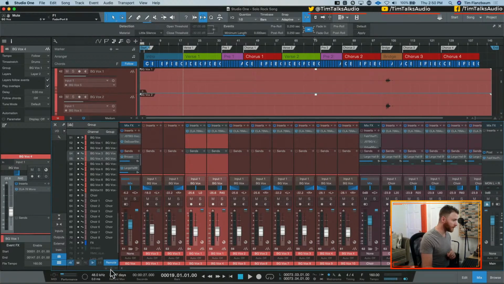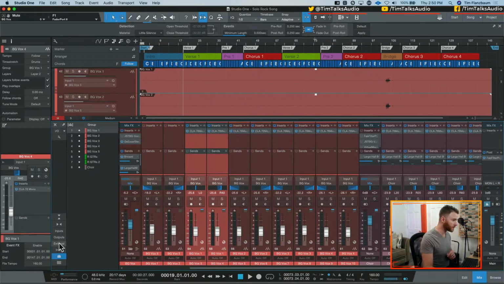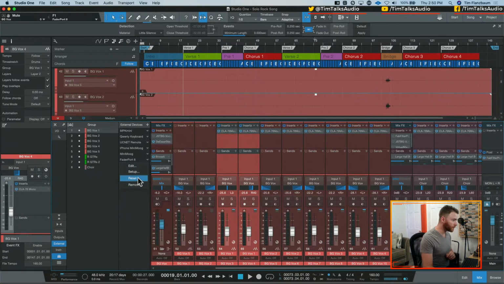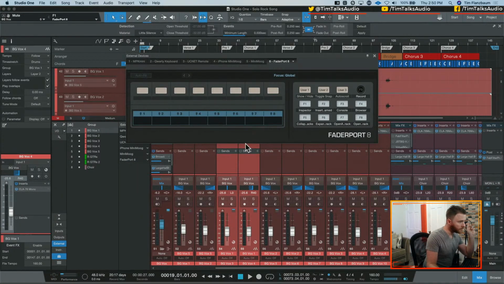Let's do this real quick. We'll go to this guy. We'll... actually, no, we'll go to external. We'll go to fader port. We will go to edit. Because in here, these are all like your user buttons. On the right-hand side of any fader port is the transport. Above that is like the